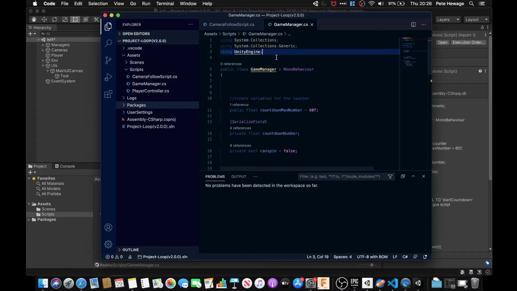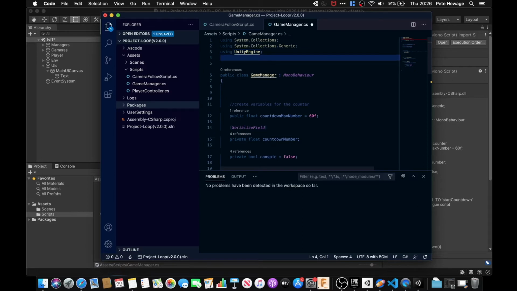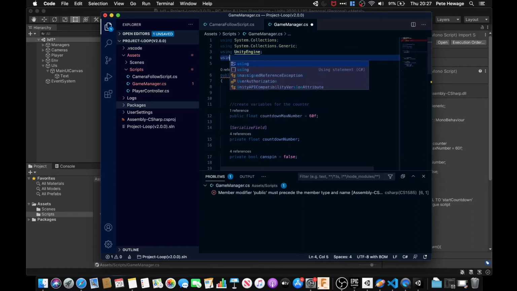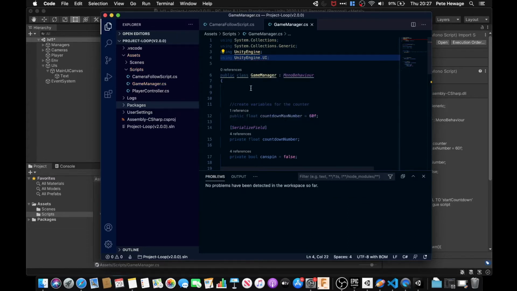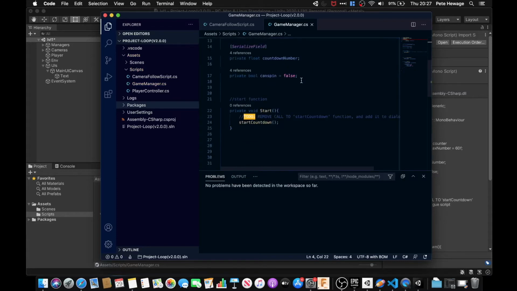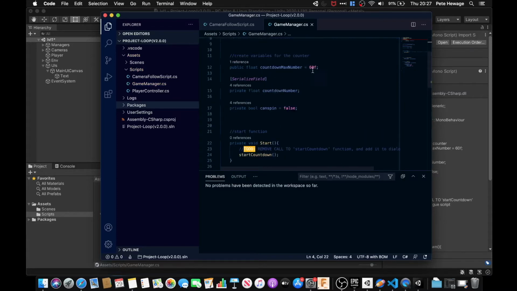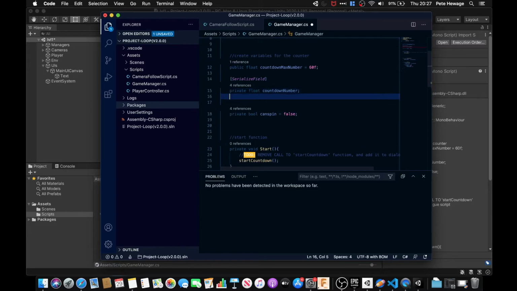A namespace is kind of like a package that Unity has, and by default we've got System.Collections, System.Collections.Generic, and UnityEngine. But what we also need to type right at the top is using UnityEngine.UI;